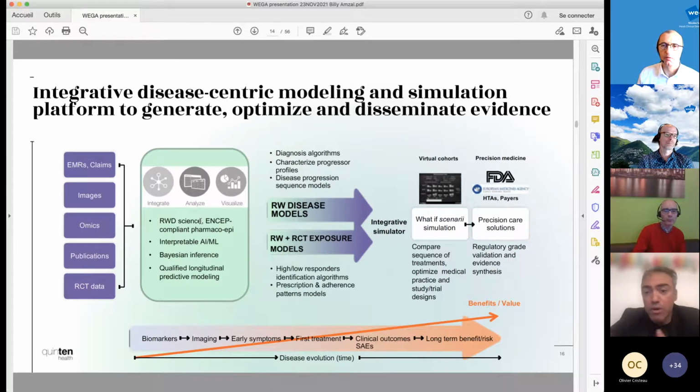So that's typically a dynamic longitudinal model to be developed and to embed in a simulator, because at the end of the day, you would need to simulate what-if scenarios: what if my drug is positioned here or there, what would be the long-term outcomes if I choose an endpoint that is short-term, and how predictive it is of the long-term, and so on and so forth. So that's really the ultimate integrative vision that we can push forward if we want to use those disease-centric approaches, combining multiple data sources